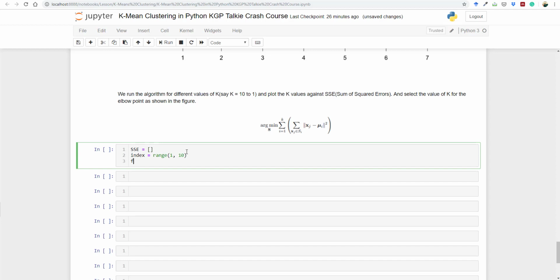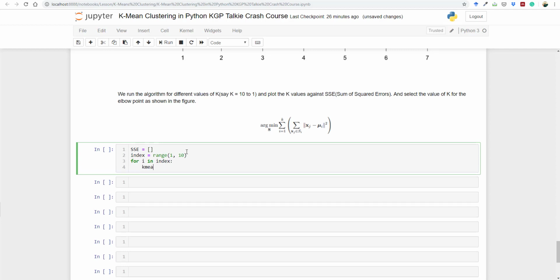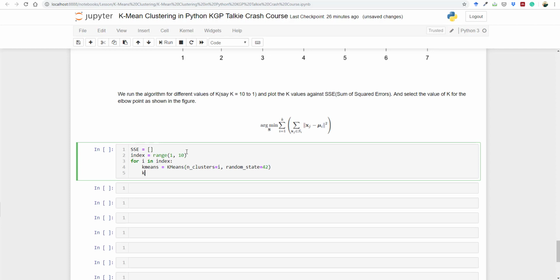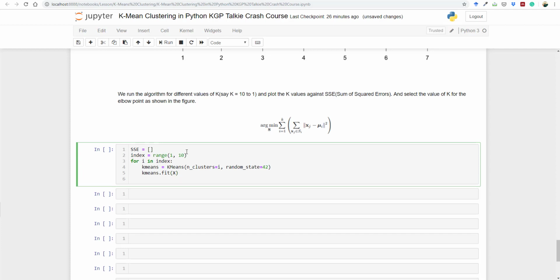And then I'm going to use a for loop, for i in index, and then here we have kmeans equal to KMeans, with n_clusters equal to i, and random_state equal to 42. Then we call kmeans.fit on X, and then we are going to append into the SSE